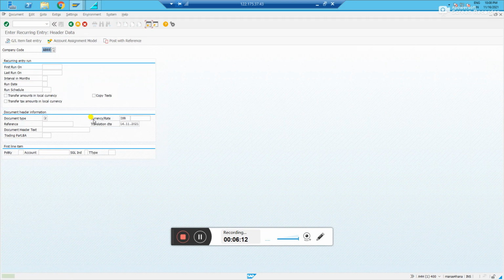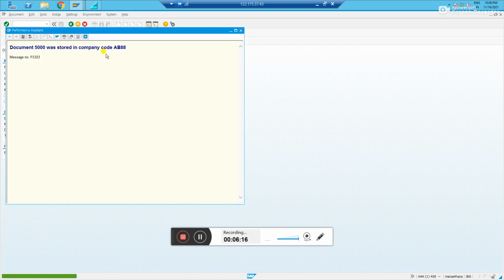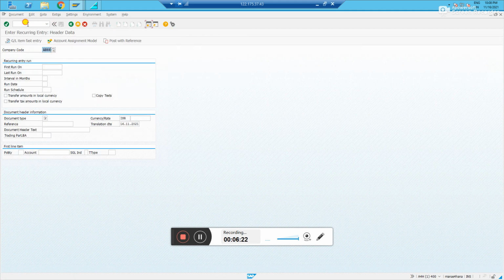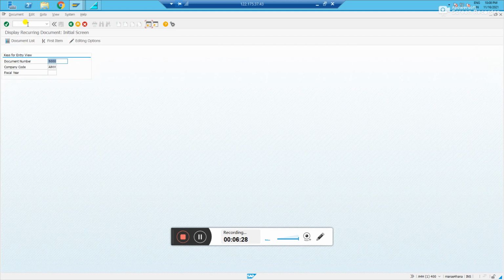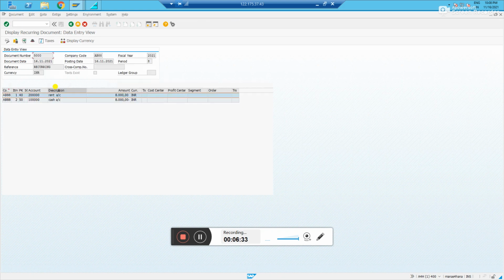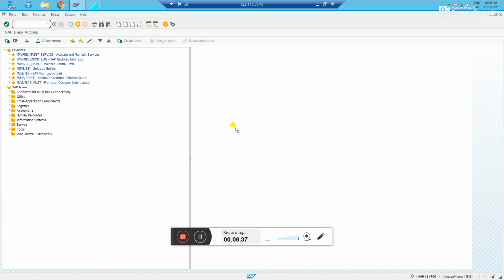I just saved it, right? See, whatever number range we gave, 5000 to 599, the first document we posted has taken it. Okay. So let us see the display document, recurring document, AB D3, right? Okay, 2021. Let us see. This is an entry, right? If I go to the rent GL account,